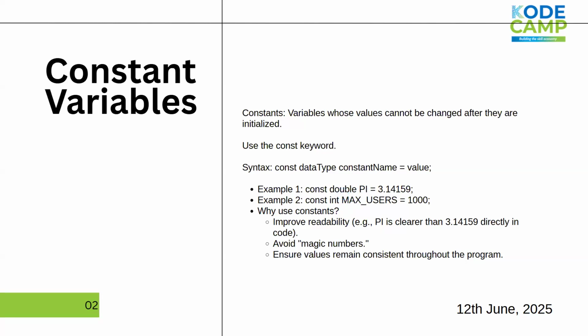Yes, sir. All right. Then we have the value 3.14159. This is the value. Now, I do not want this value to change. All I need to do is to add const. Const is a reserved word in C#. Reserved words in C# should never be changed. Like we cannot use